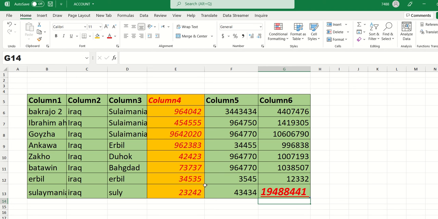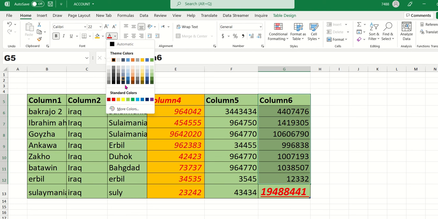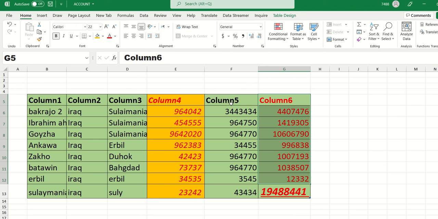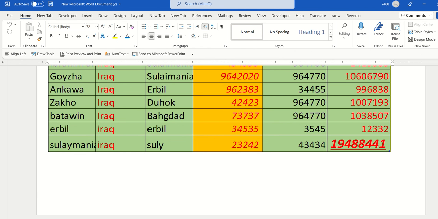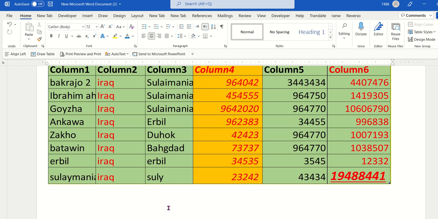And now any format we change here immediately changes in the Word document. For example, I choose all these numbers and change the color of the font to red, and this column. Okay, and now you go back to the Word document. Look, the new data appear here, and then the sum we have here, the total number, and the change of the